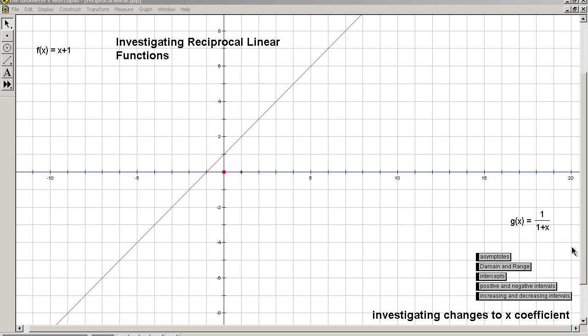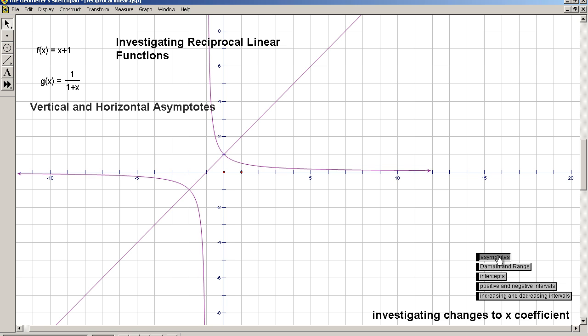You're going to be investigating a special kind of rational function known as a reciprocal linear function. F of x here is a linear function. This is its reciprocal, and this is what it looks like. You're going to be investigating the asymptotes, both vertical and horizontal, of the function as you change the value of